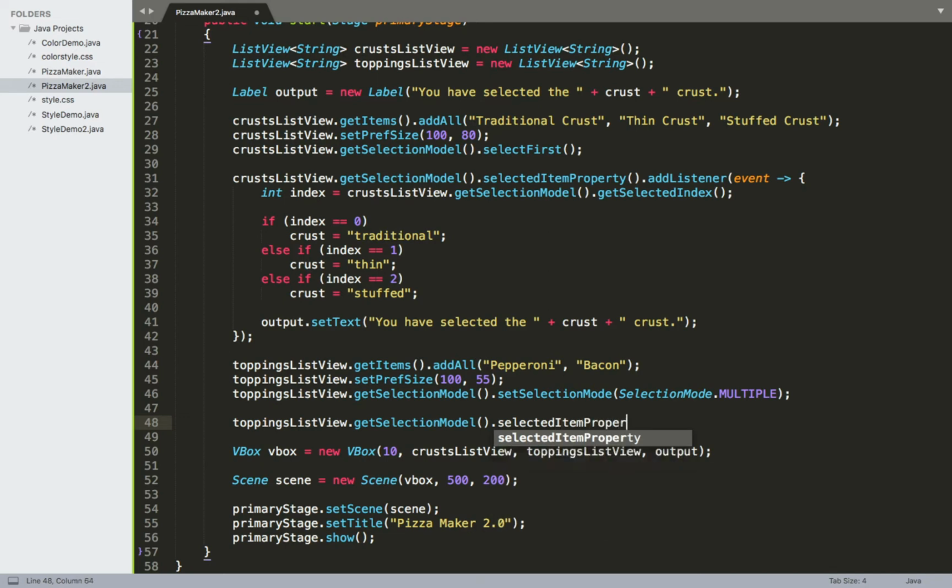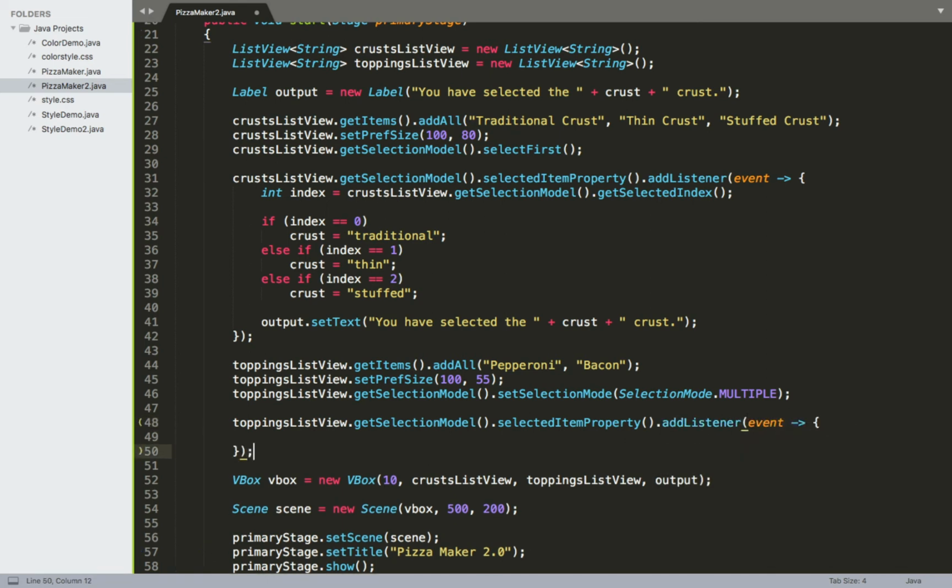We will set up a property within our selected item. I'm going to add an event listener to it, and again, I'll do this as a lambda expression. So we're going to use our events, set up the body for it. And then right here, in order to capture all of the items that are being selected, assuming that there might